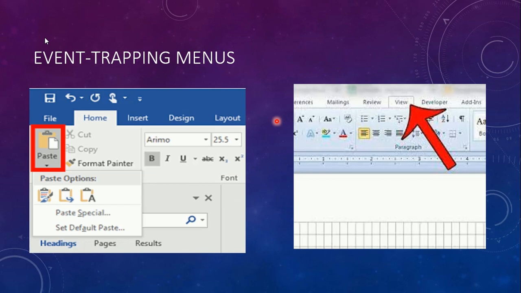For example, you have got an option in Word, paste. This particular menu will be working only if there is something to be pasted, or else it won't work.